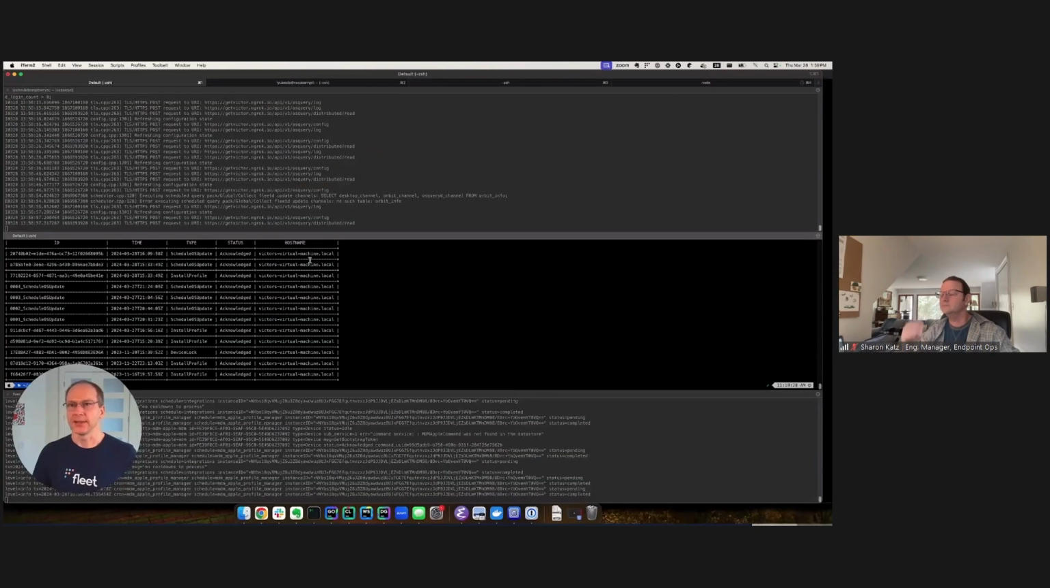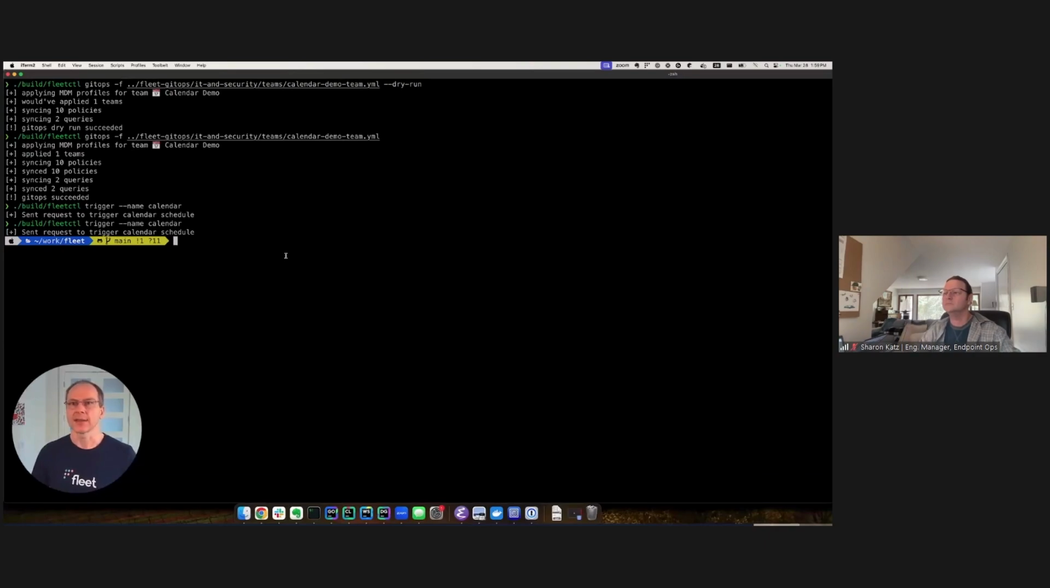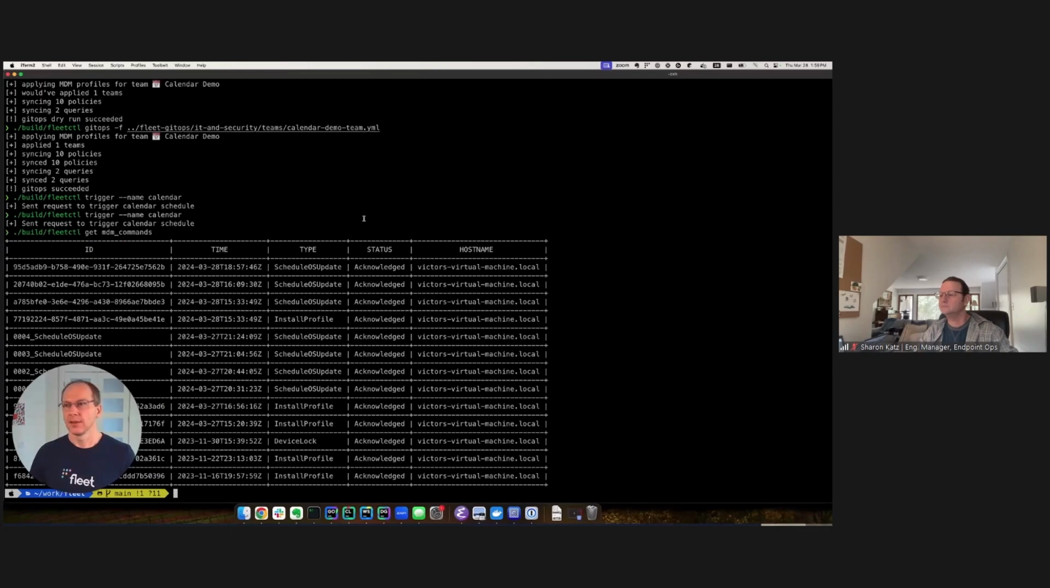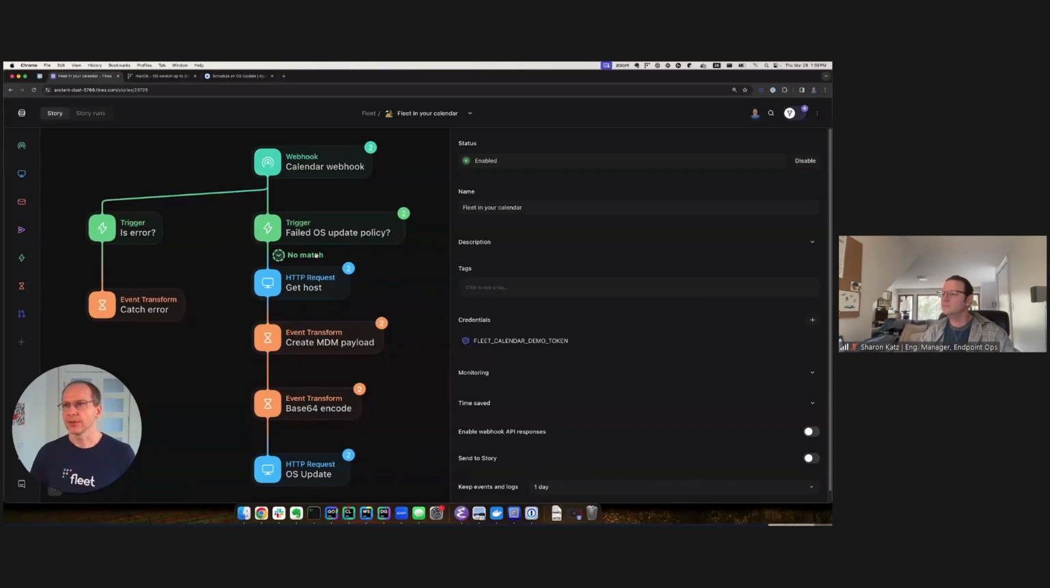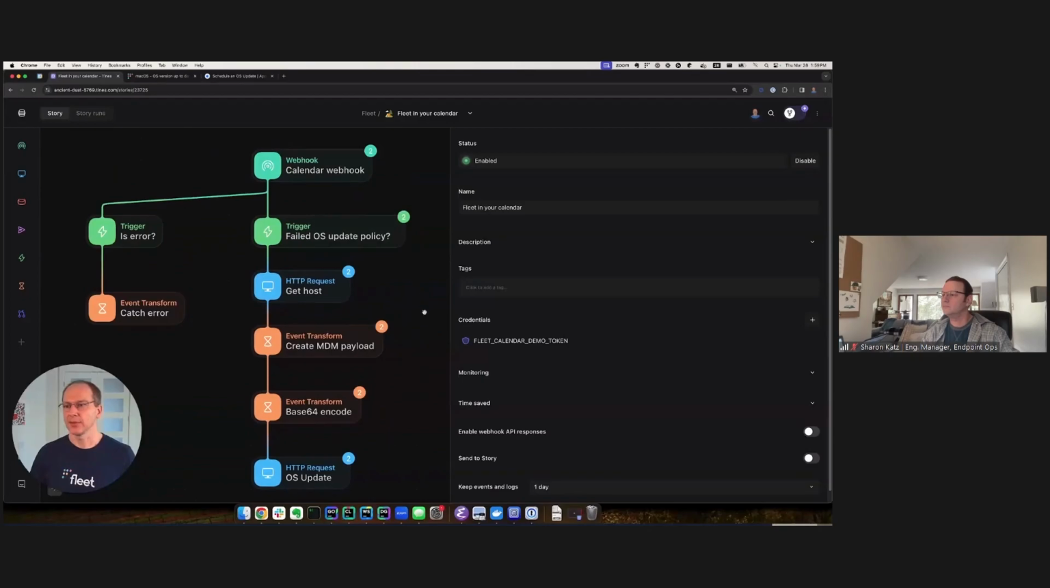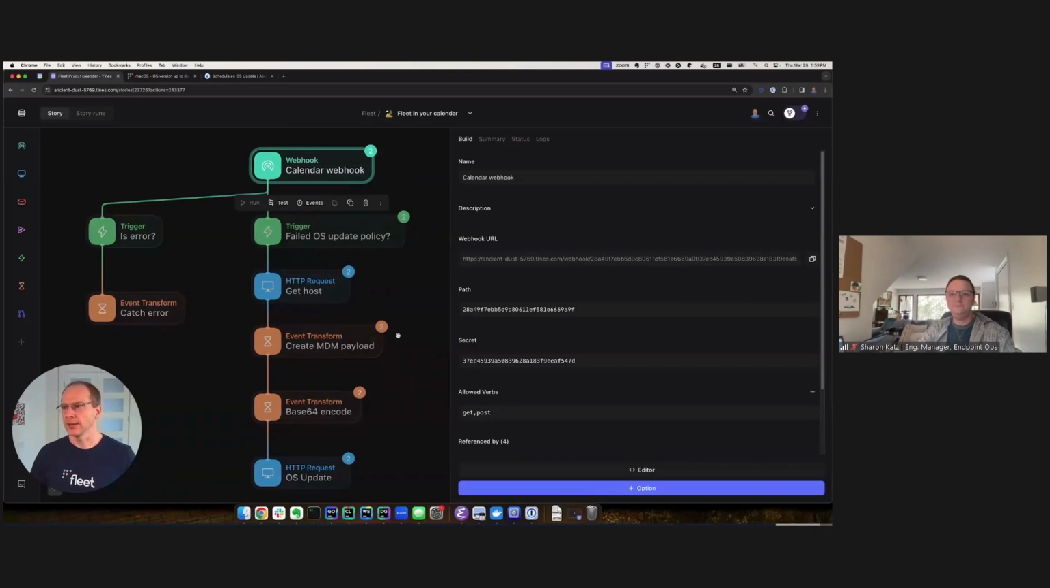We can look at the commands through Fleet Control. Fleet Control get MDM commands. And we can see that this command was sent, the schedule OS update. So let's go back to Times. Okay, it did update now. So I guess this update sometimes doesn't happen in real time, the numbers. So let's go through and see actually what